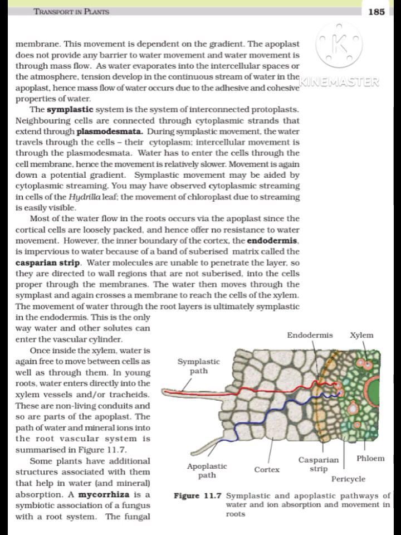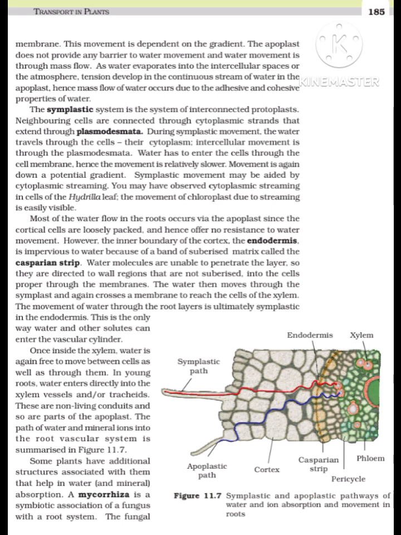In young roots, water enters directly into the xylem vessels and tracheids. These are non-living conduits and so are parts of the apoplast. The path of water and mineral ions into the root vascular system is summarized in Figure 11.7. Some plants have additional structures associated with them that help in water and